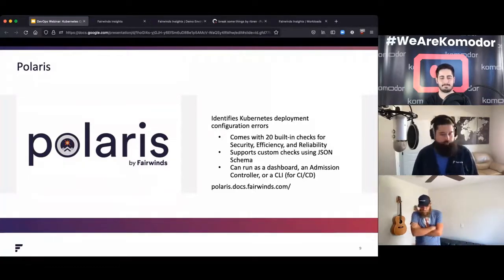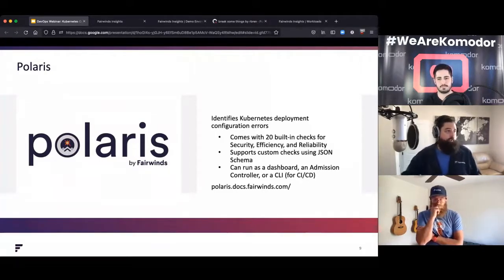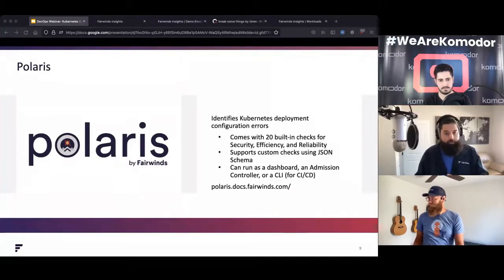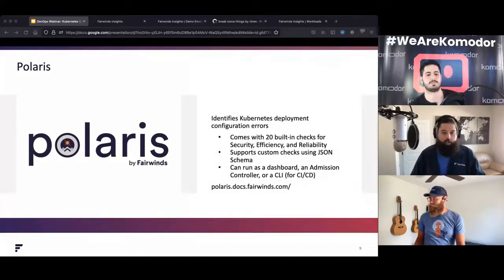Yeah. So Polaris is a CLI tool. It can also function as an admission controller in your cluster, and it can run in your cluster. Polaris checks your various Kubernetes configuration and objects for best practices. So some of the things we talked about earlier today, like setting your resource requests and limits, some of the security settings that are important, not using the Docker latest image tag, and various things like that. You can run it against the objects in your cluster, and it'll tell you where you're not doing a good job. And so it plugs into ValidKube to scan your YAML files.